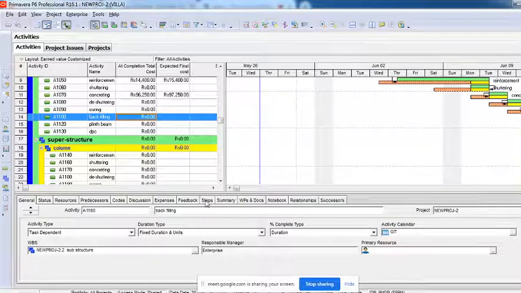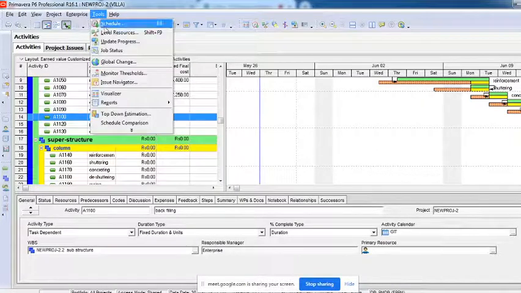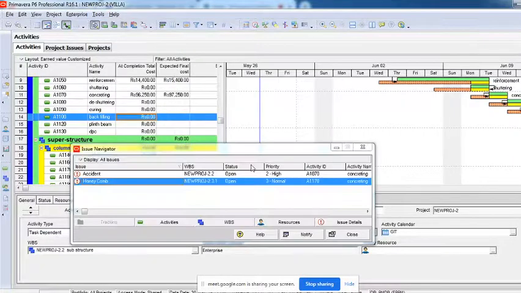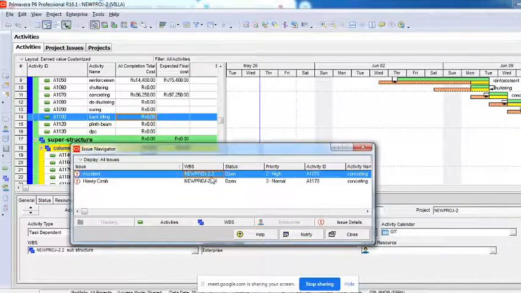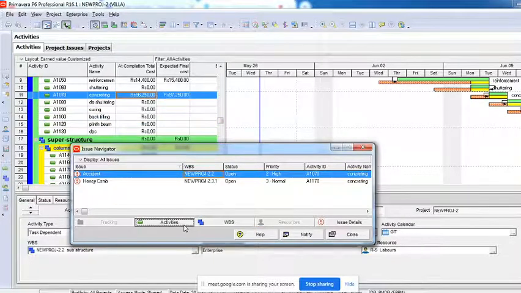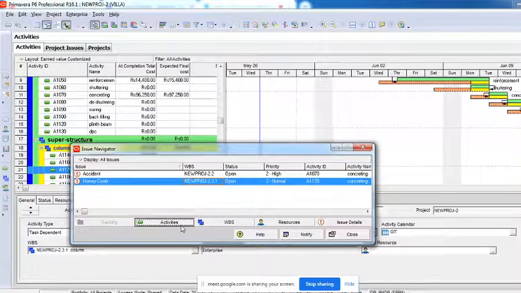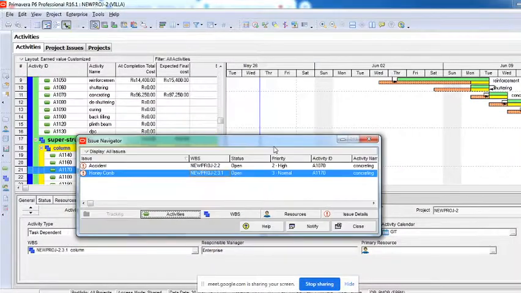To monitor these issues, you have to go to this tools. In this tools, you have something called issue navigator. Right? Issue navigator. When you click on this issue navigator, you can find these issues here. So it tells you this issue belongs to which particular activity. You can see here the moment I selected this issue, it will show you where. I'll select this and I'll select it here. Now on which particular activity the issues are, you can see it is changing.